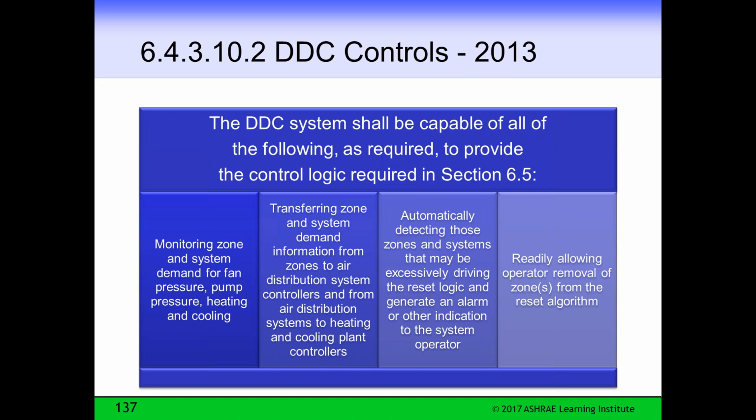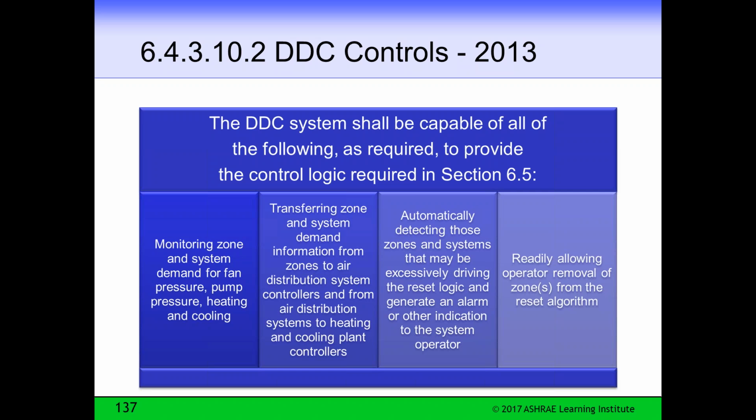DDC systems should be capable of all the following as required to provide the control logic requirements for section 6.5, which has a lot of prescriptive requirements for DDC controls. This is a mandatory control of the things DDC must include. Monitoring zone and system demand for fan pressure, pump pressure, and heating and cooling.